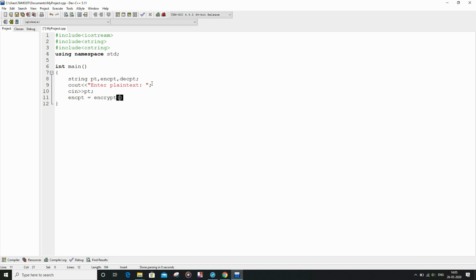Here I am calling the encrypt function and storing the return value in encrypt string variable, where plain text is passed as the parameter or input to the function, and then print the encrypted text.